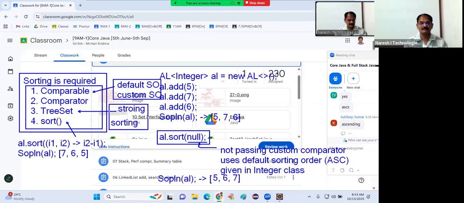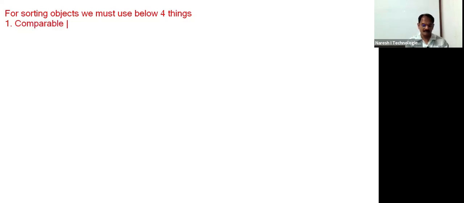Please write down this. Let me write again. For sorting objects, we must use below 4 things. Number 1, comparable interface for supplying